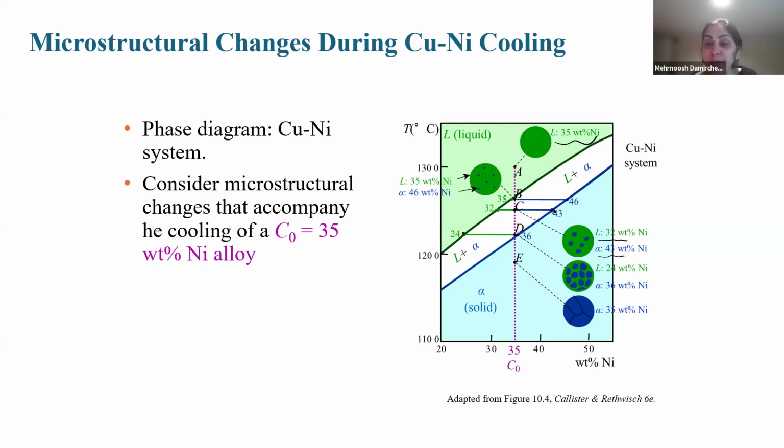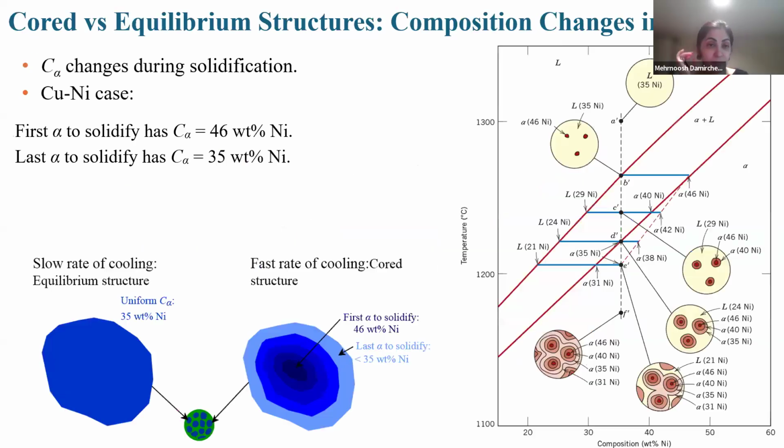And when we reach E, completely solid, you see that we only have dark blue and alpha phase, and it is the border of the grain that you see here. It is 100% solid, and the weight percent in alpha phase, the only phase that we have, is equal to overall, that is 35%. Okay.